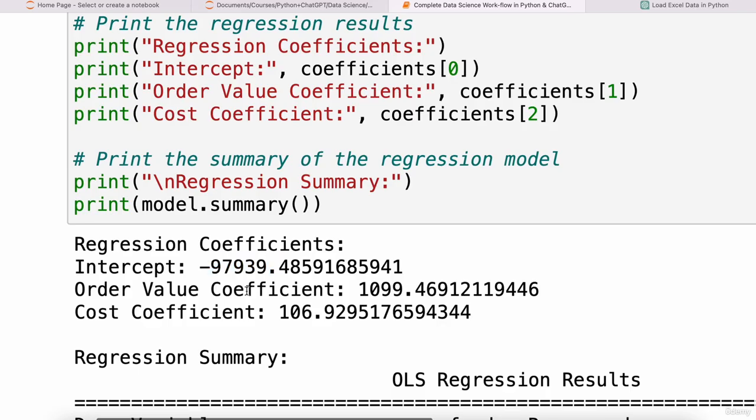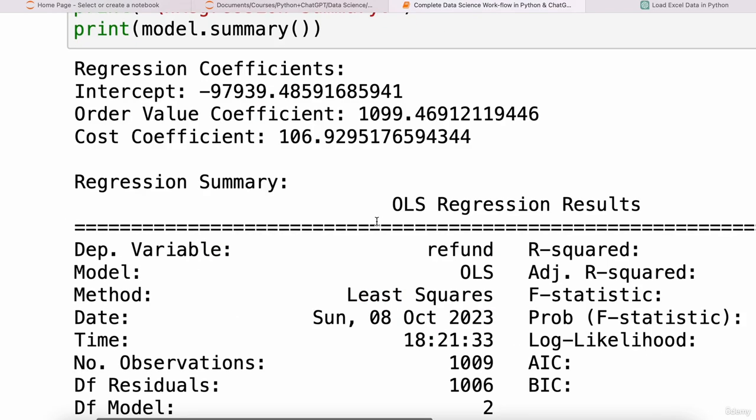After that you can see the coefficient of order value, which is 1099. So it actually means that if there is an increase of 1000 in order value, then the refund will increase by 1099. So by measuring the coefficient of order value, you can say the impact of order value on refund is highly positive, because when you increase your order value by 1000, your refund is likely to be increased by